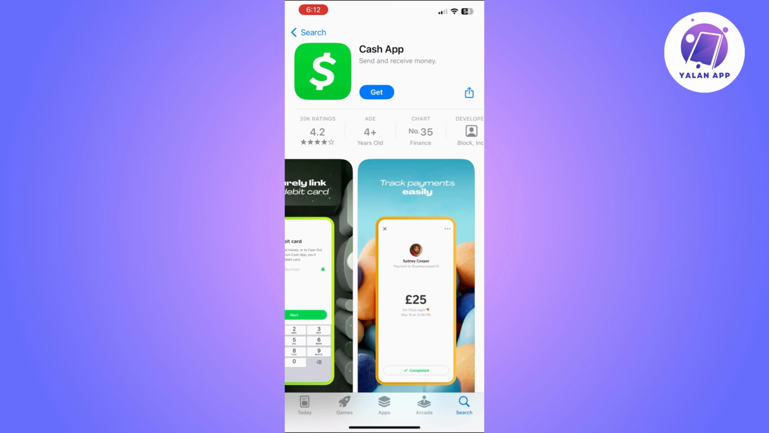So I'm going to start with the first method, which is you can go to the App Store and make sure that your Cash App is up to date. If it's not, you will see an update option on there, so click on it and make sure that it